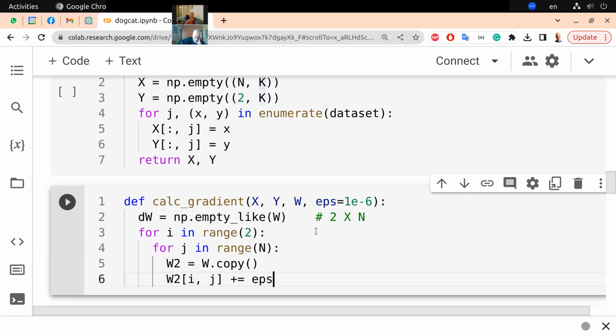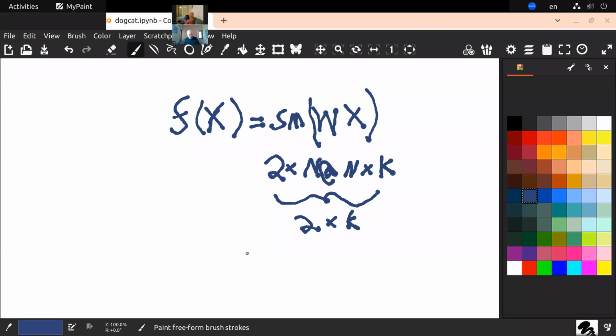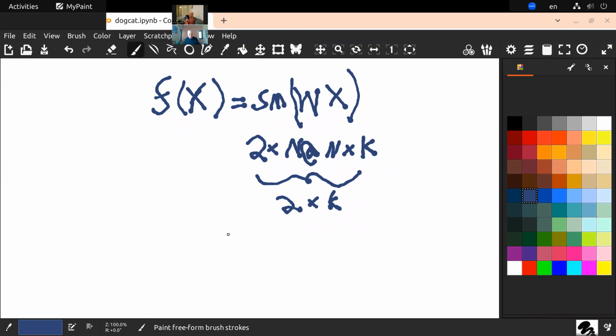But before I'm changing it, I want to calculate the loss before the change. So L1 will be loss of X, Y, W before the change. You remember that? Let's recall what is the loss. The loss is how off you are, how far you are from the training. I didn't implement it yet, but loss,